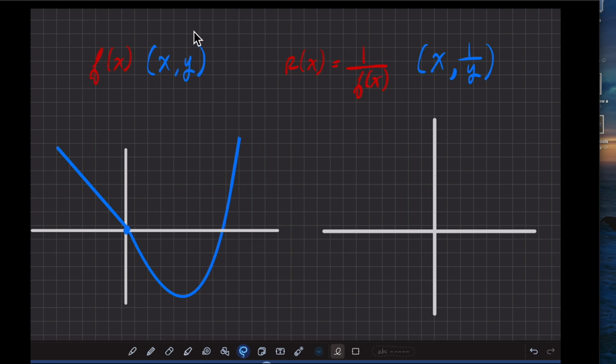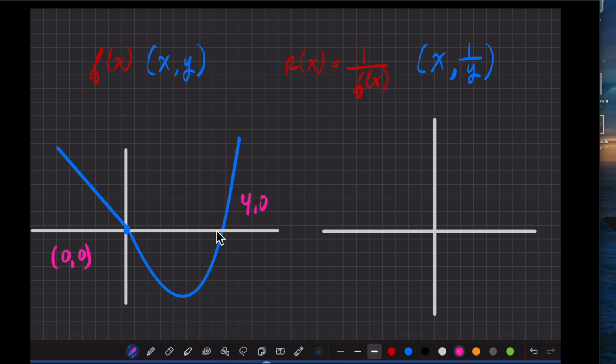Note, we are not given the equation, so we're just going to analyze the graph on the left and create the reciprocal graph on the right. The first thing we're going to do is locate the quote-unquote zeros, or the x-intercepts of the original graph. The word zero comes from where the y value is equal to 0. So the y value equals 0 here, the y value equals 0 there. So let's call this point (0, 0) on the original function, and let's call this point (4, 0) on the